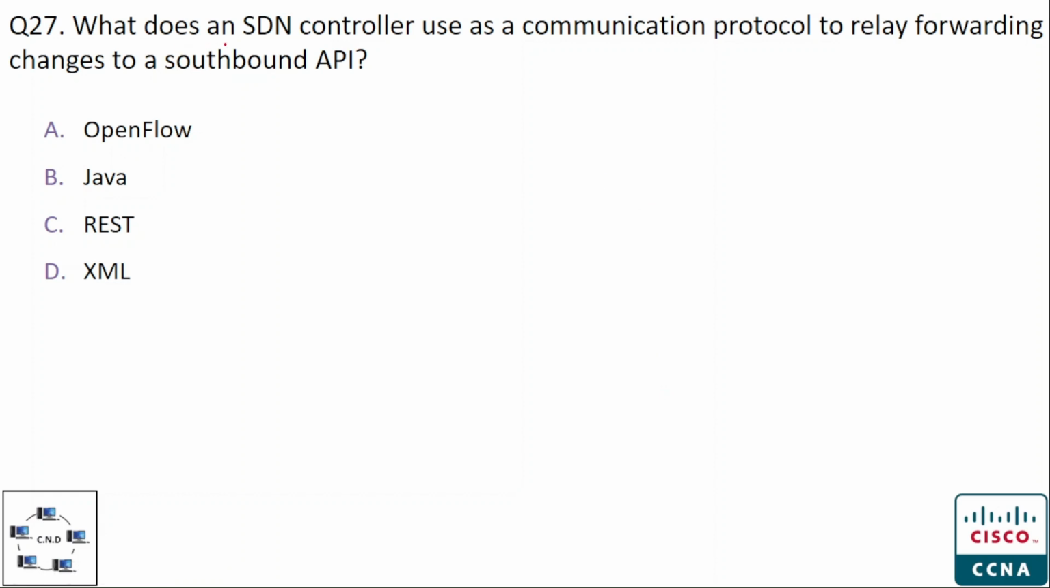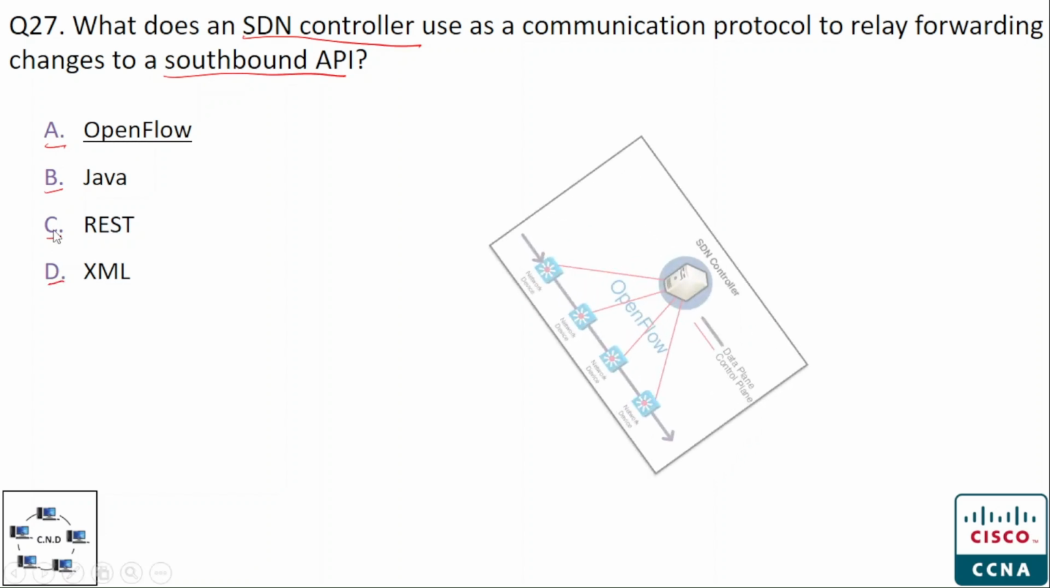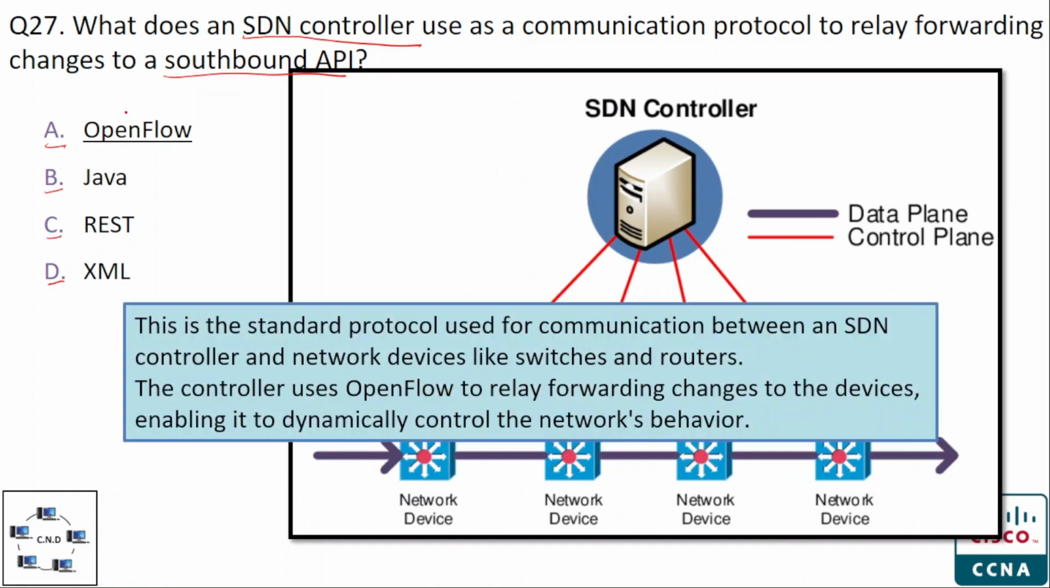Question number 27. What does an SDN controller use as a communication protocol to relay forwarding changes to a southbound API? So which protocol is used by an SDN controller to communicate through the southbound API? The options are option A OpenFlow, option B Java, option C REST, and option D XML. And the correct option is option A